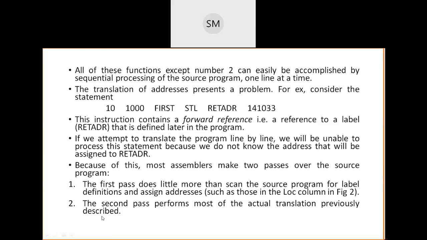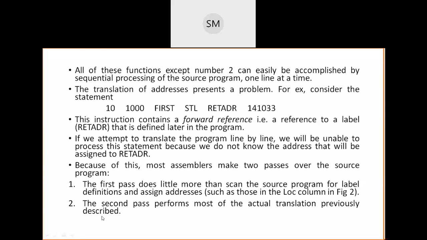In step number 1, we are just going to assign the addresses to all the operands. It means that whatever symbols, variables, or operands you want to use in your program, you have to define them. You have to reserve memory for them, and you should write the location column first. You should assume that your program is starting at address 1000, and the first executable instruction may be STL return address, I think.